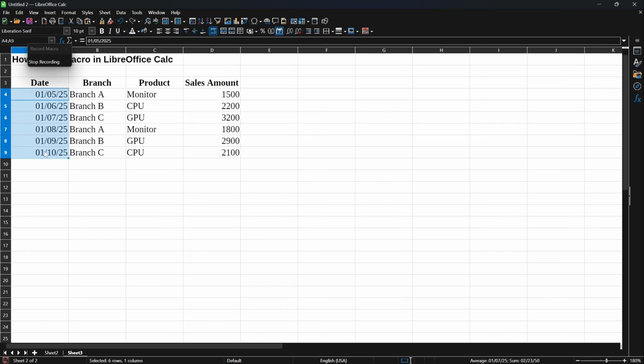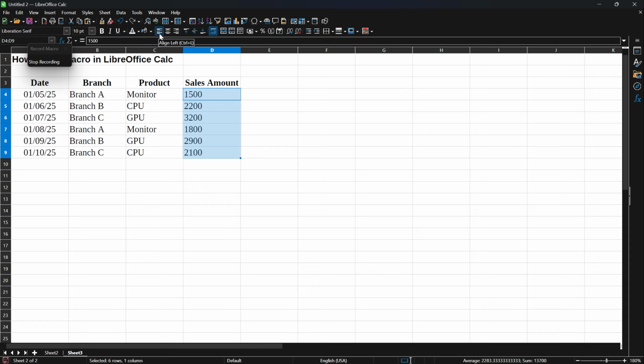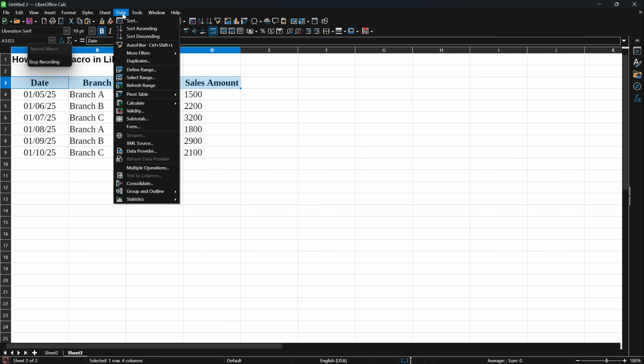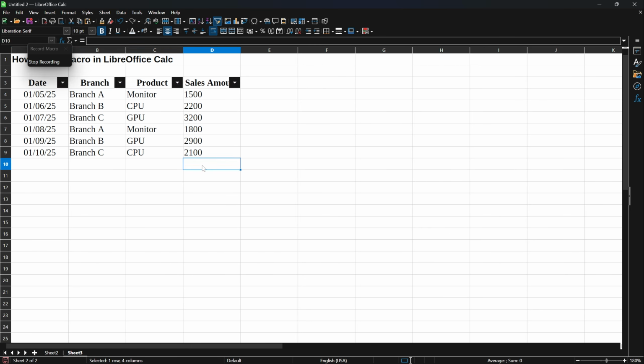What I'm going to do is just try to make some formatting changes here. For example, I'm going to go ahead and change the alignment here, and then I can go ahead and add, say for example, filters. So I'm going to try to add an auto filter here, and then from here I'm going to sum the total. There you go. I'm gonna go ahead and write here total